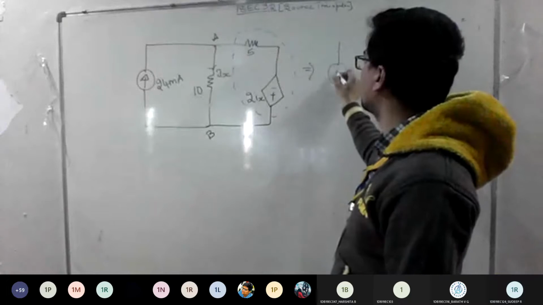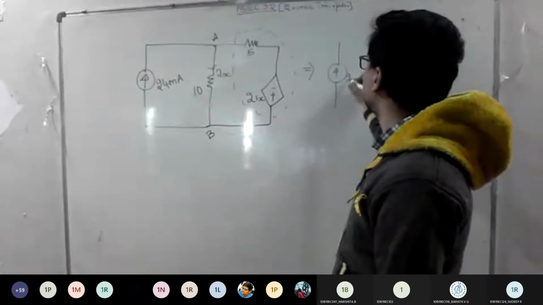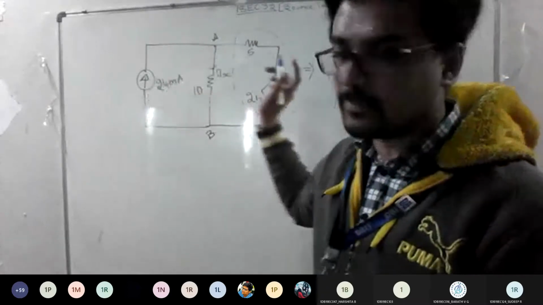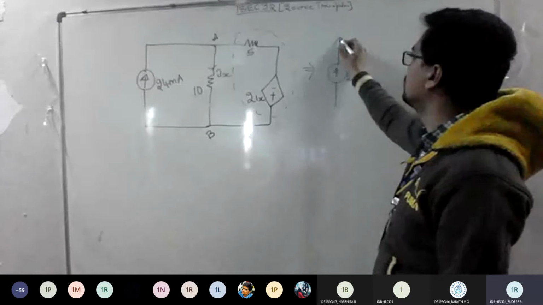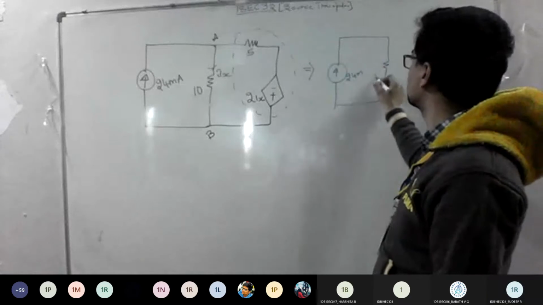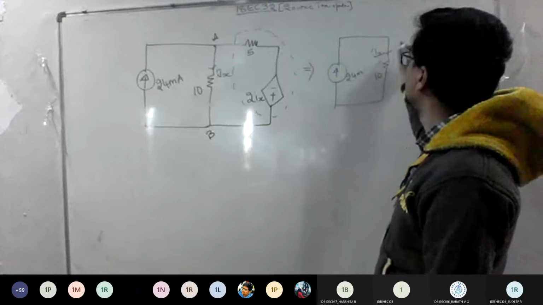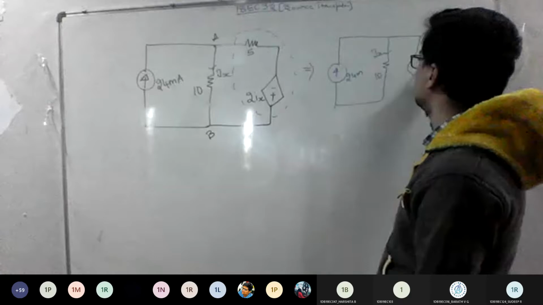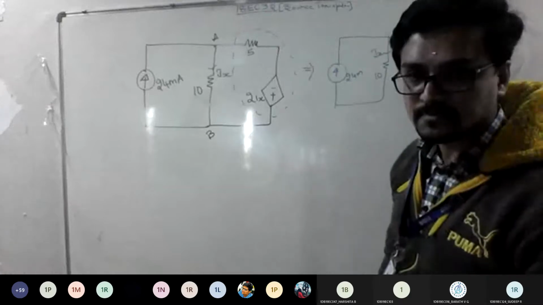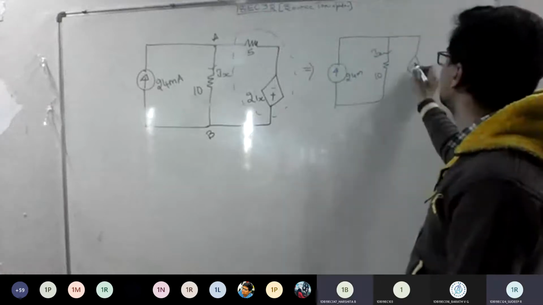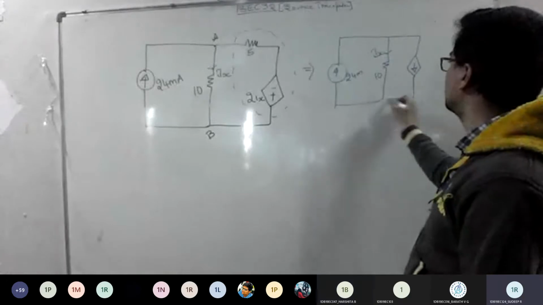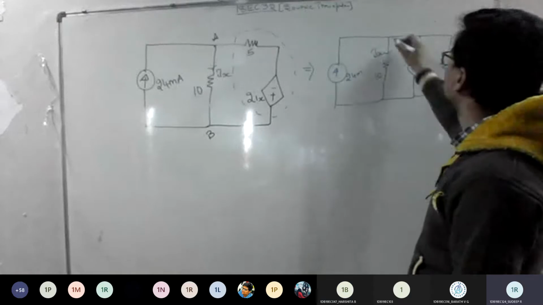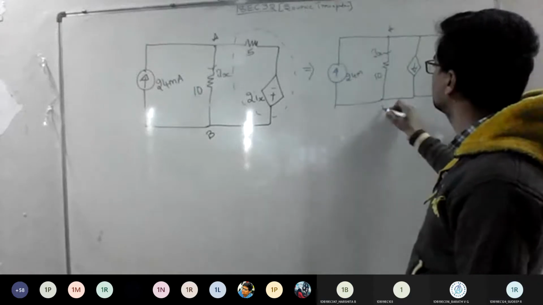Tell me how to convert now. We'll write the other current source as it is: 24 milliamp, don't write it as 24 amp. And there is one resistor of 10, which I keep as it is. I told you to convert this to a current source, so the symbol should be dependent. What's the arrow direction now? Downwards, very good. This is a mistake you will commit. And the value of the resistor should be in parallel now. Tell me what is the value now?